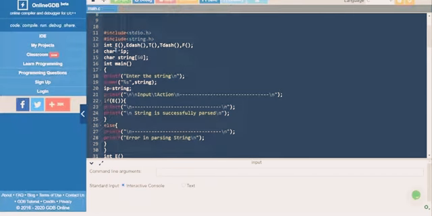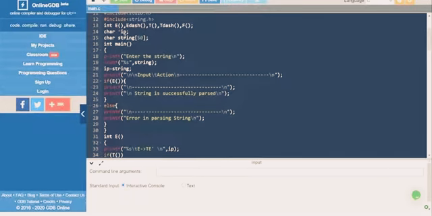I'm going to be taking E function, E dash function, T function, T dash function, F function. And star IP is my input pointer. In my main function, it is not necessary that I actually give the main function, but I am giving it here to print down all the statements.